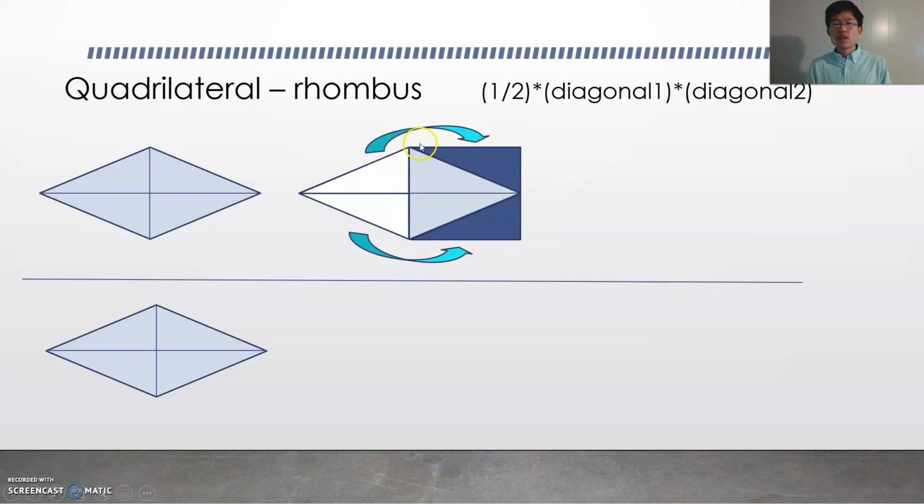Now in this rectangle, here's the width. That's the same length as here, but that's only half of the diagonal, right? This is the whole diagonal, but you're only using half of it. So here's the half diagonal times the length, or the width, sorry, whichever it is. Let's say width. That's this part, same as here. That's another diagonal. It's not half, it's not double, it's just a diagonal. So the area will be half of the diagonal times the diagonal